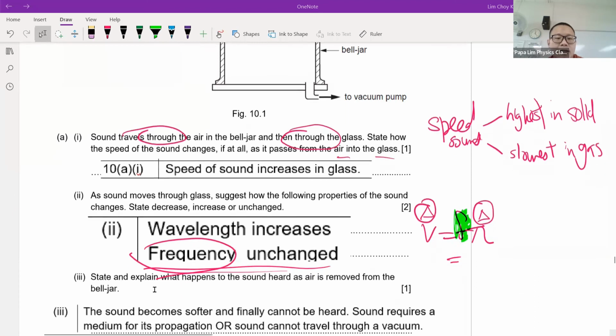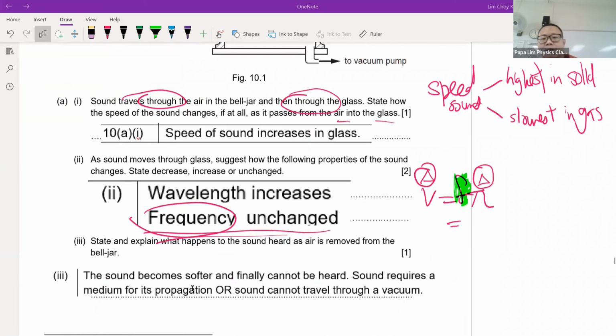The next part is what happens to the sound when the air is being removed from the bell jar. Take note of the question: the air is being removed. What will happen? Take note, the sound will not disappear straight away. As the air is being removed, it is a process. It takes some time. So while the air is being pumped out, the sound actually becomes softer and softer because